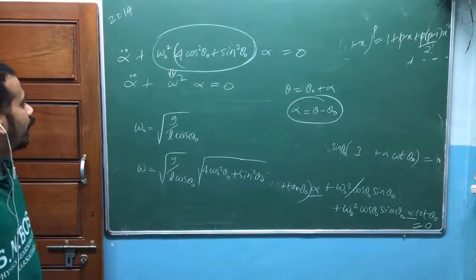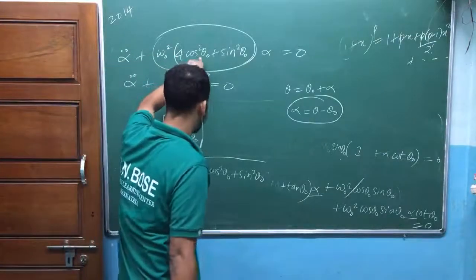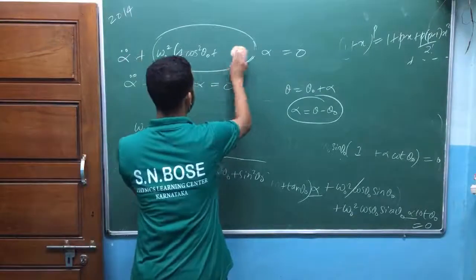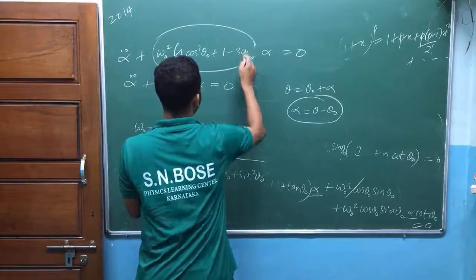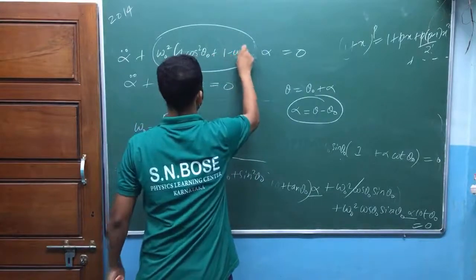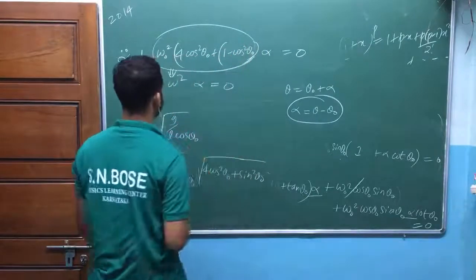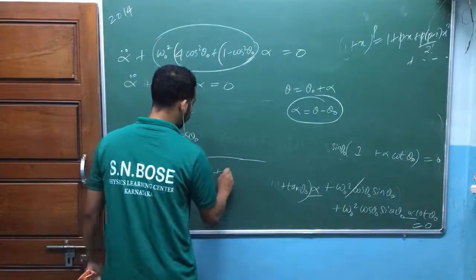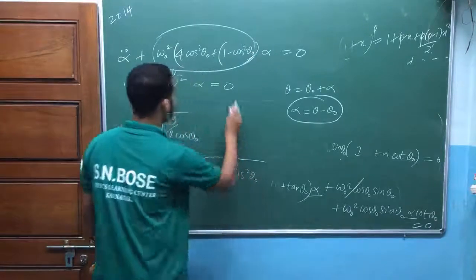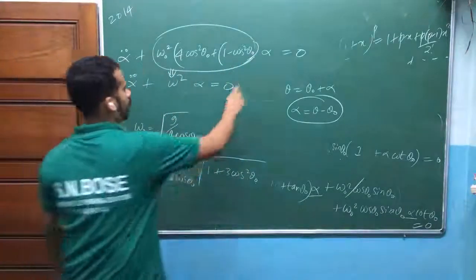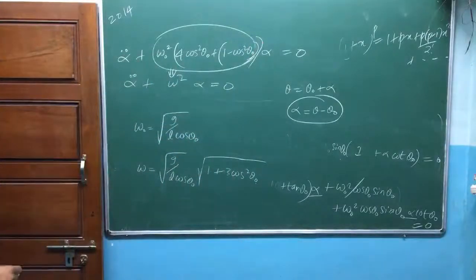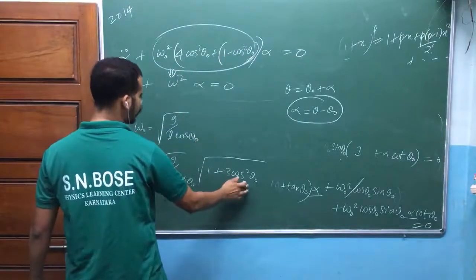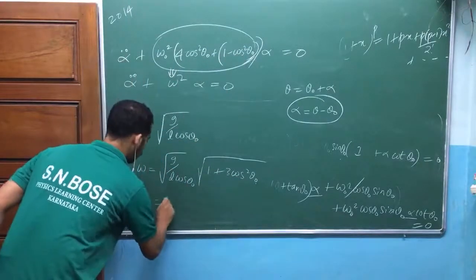Yeah, I think he himself manipulated this equation, okay. Again 4 cos square theta naught plus sin square theta naught. This sin square theta naught, he has written as 1 minus cos square theta naught. That's the best idea. So that there is 1 plus 3 cos square theta naught. Can I write like this directly? 1 plus 3 cos square theta naught by converting that sin square theta naught in terms of cos square theta naught. Just try to do it. 4 cos square theta naught minus cos square theta naught, that's equal to 3 cos square theta naught. I think that's quite easy to write. Am I right?